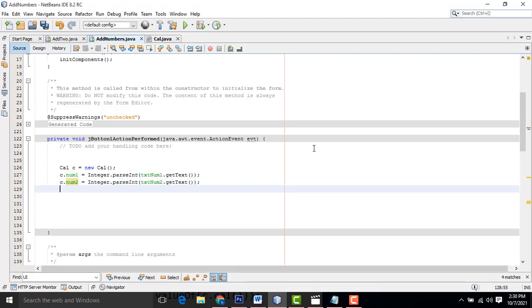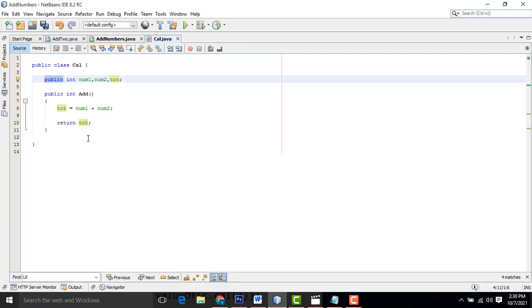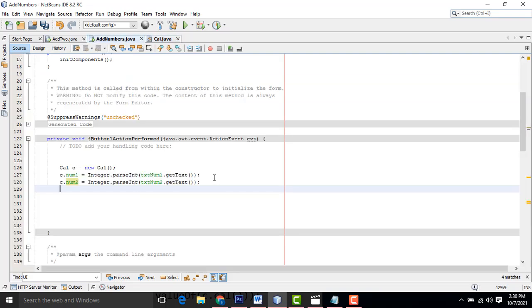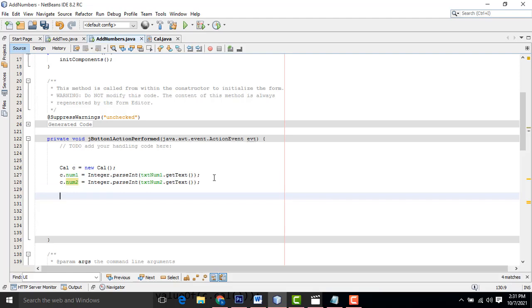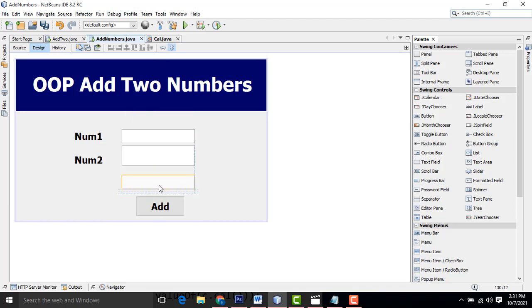So how to calculate this one is c. Here we have already calculated in this class. Okay, tot: whatever value you entered will be calculated and the total displayed. So here, how to print the total: we have to drag one text field for total.